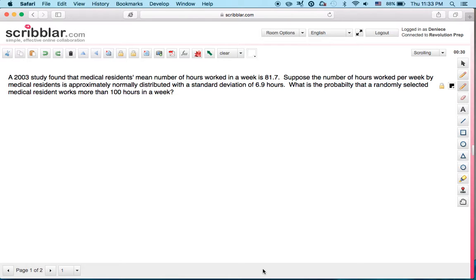So that means that we're going to have to use a few formulas and we're going to draw a few pictures. So we're going to start off by first writing down all the information that's given in the problem. We know that the mean is equal to 81.7 and we know the standard deviation is equal to 6.9. We're also going to go ahead and write out what we're trying to find. Now the problem is asking us for the probability that one resident works